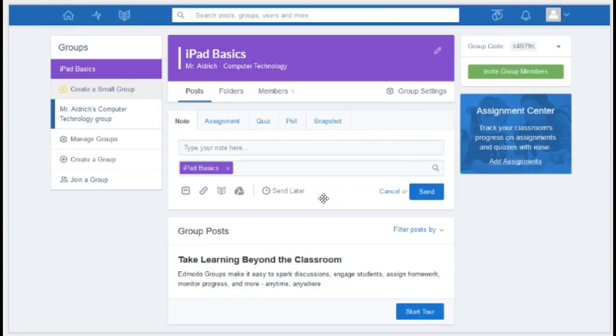Now, the last of the main use spots would be the note that we talked about. Okay. Students in the iPad Basics class would gain access